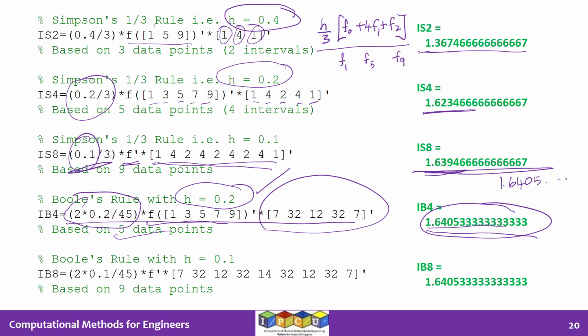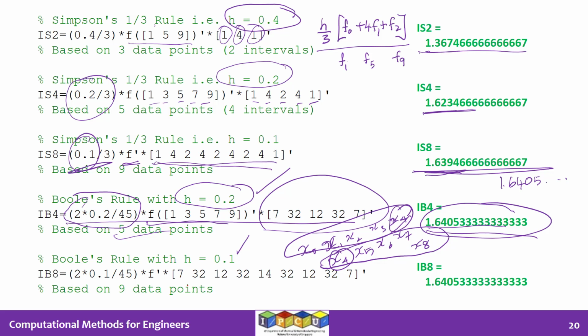If you use Boole's rule with h is equal to 0.1, right? Boole's rule requires 5 data points. So x0, x1, x2, x3, x4, you can construct Boole's rule with that. Then on top of that, you add x4, x5, x6, x7, x8. All right. So for these 5 data points, you can have a Boole's estimate. For this, you can have a Boole's estimate. Please note that x4 is the interface. It appears both in the first domain as well as in the second domain.